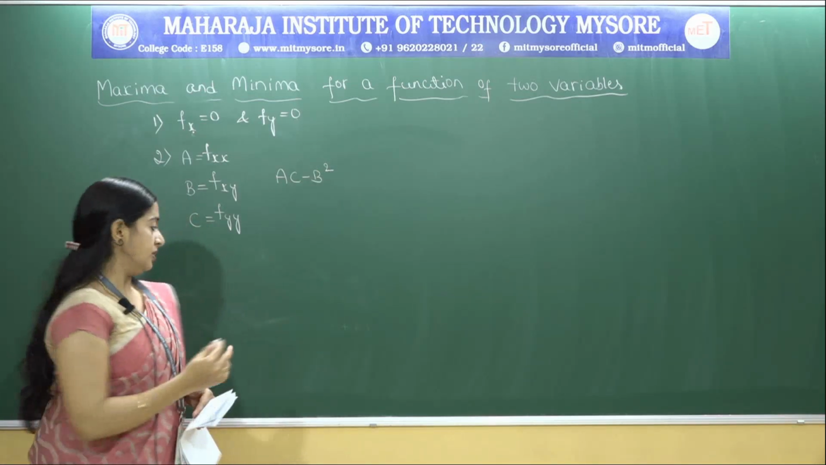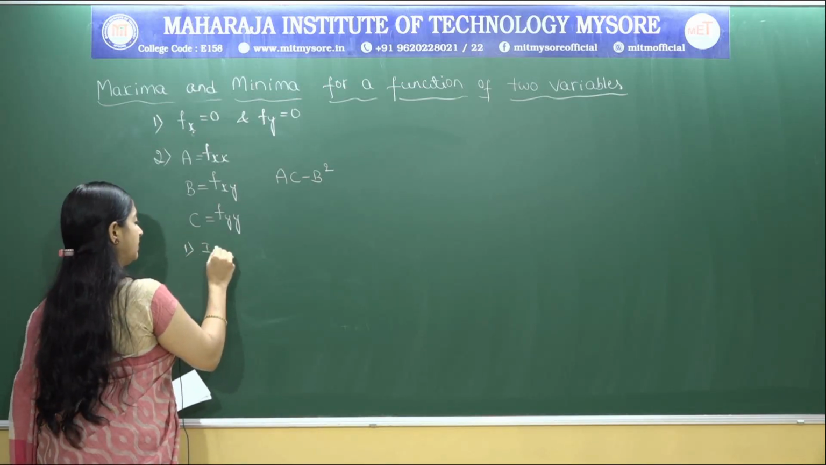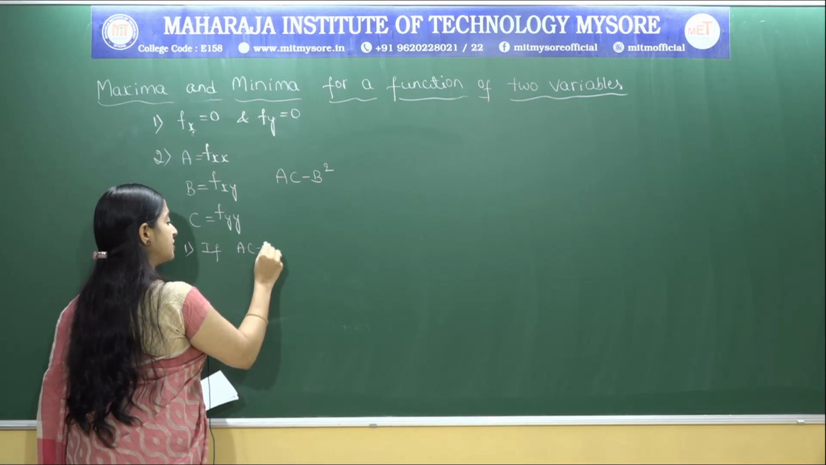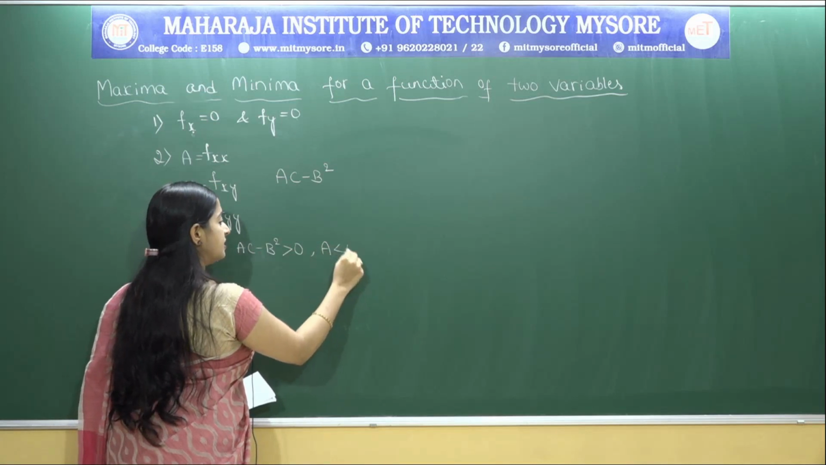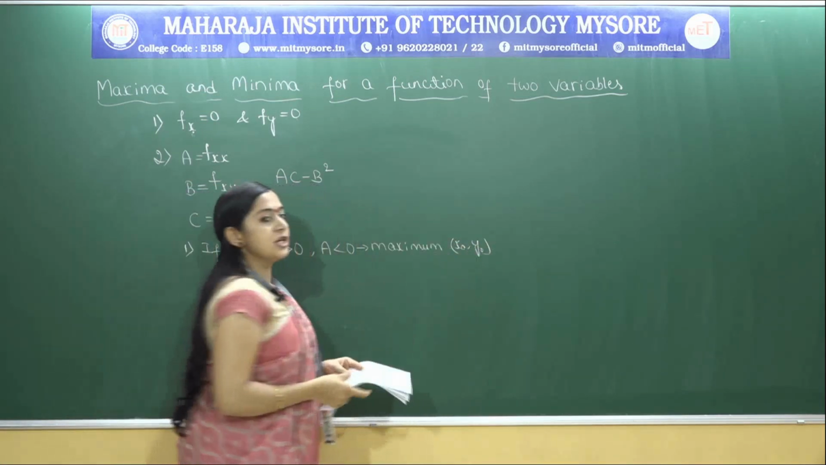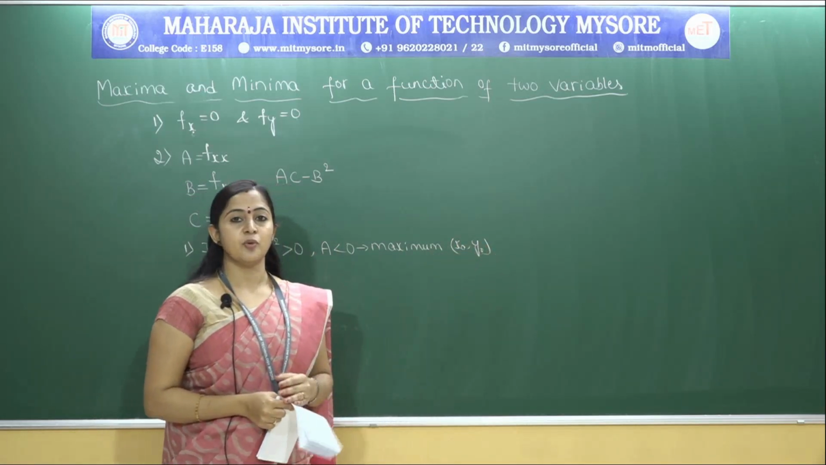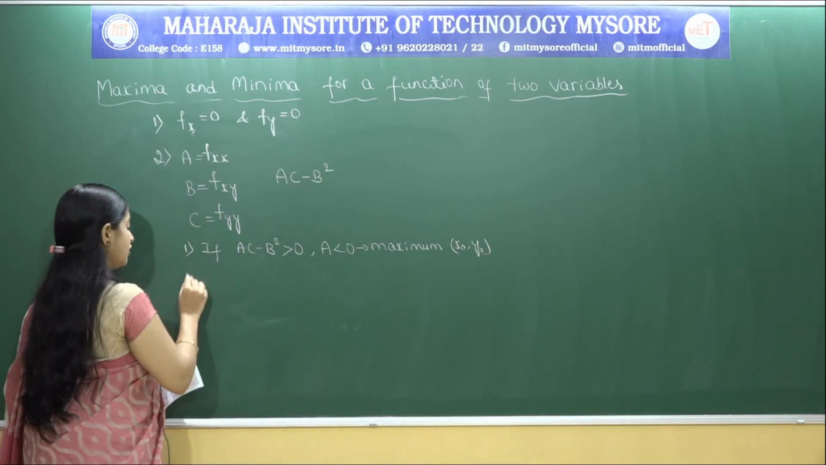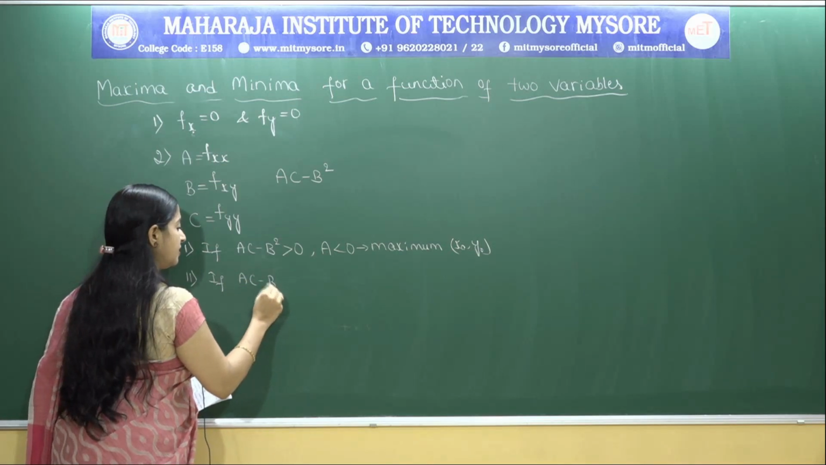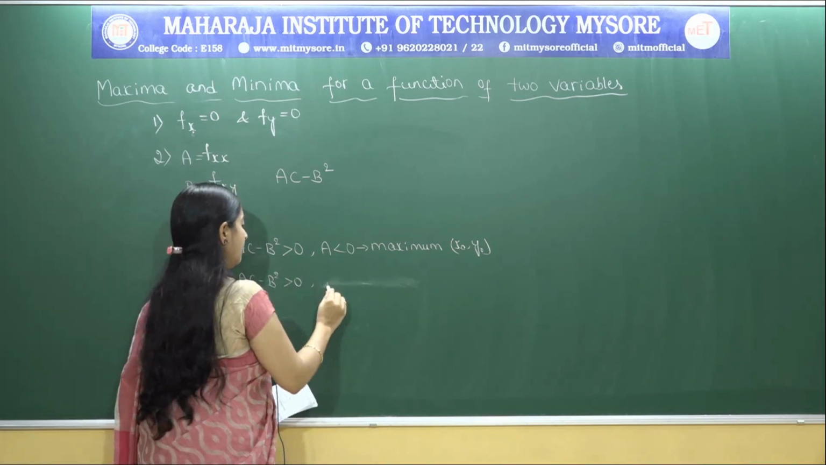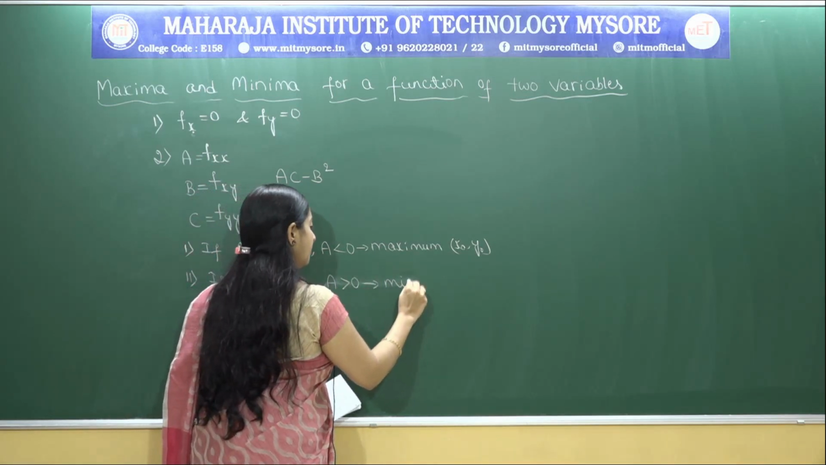Then you have the first condition: if ac minus b square is greater than 0 and a is less than 0, then the given function is said to be maximum at x0 comma y0. x0 comma y0 is the stationary point. Then the second condition, if ac minus b square is greater than 0 and a is greater than 0, then the given function is said to be minimum